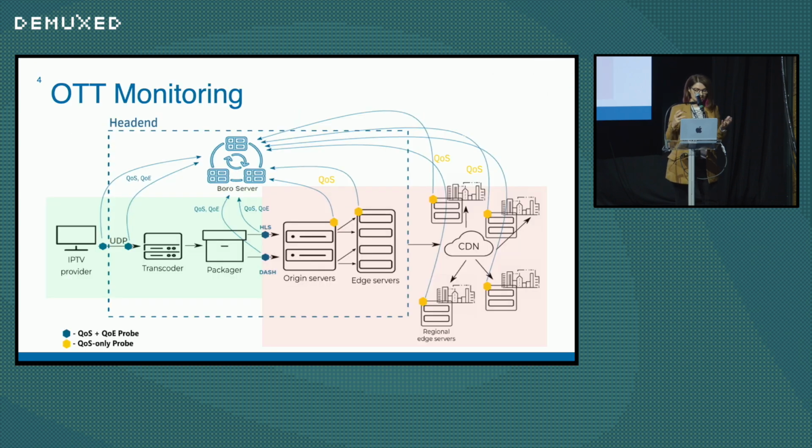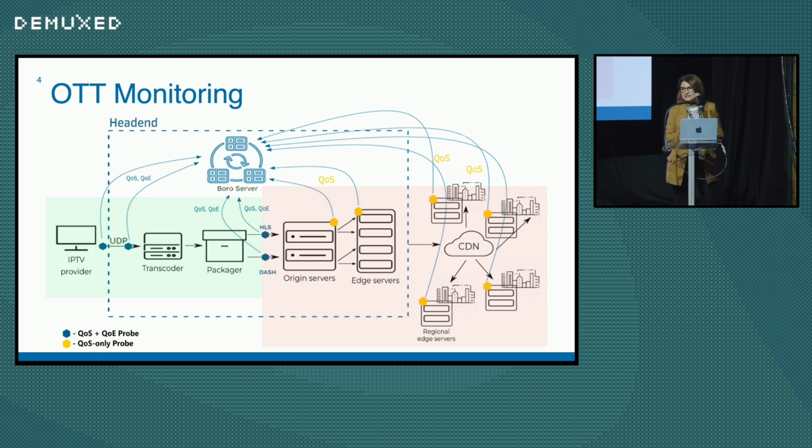So what you can do here is, based on our experience, track quality of service and quality of experience on the head end, before and after the transcoder and packager points, and then just track quality of service parameters. This approach can help you save money on servers because you do not need additional hardware for decoding. And also this approach minimizes